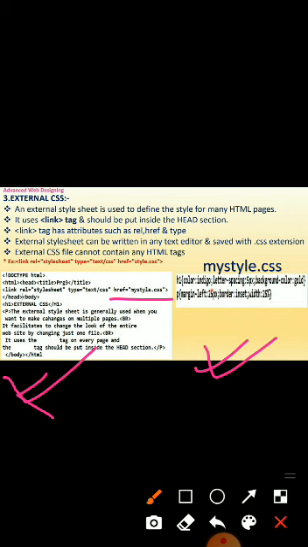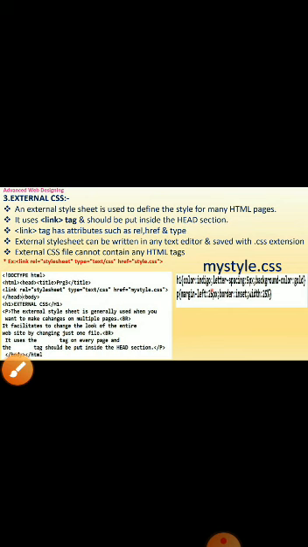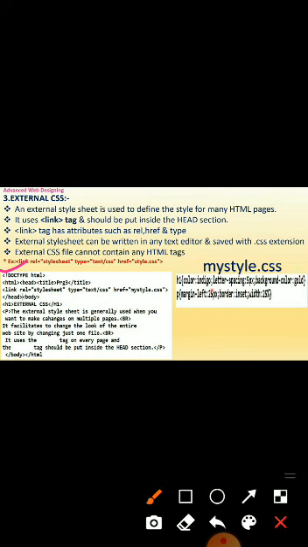Now let's see the program of the external style sheet. First, angle bracket, exclamation mark, DOCTYPE html, close angle bracket. Next, the opening html tag. Next, the opening head tag. Next, the opening title tag. Here I give the title of the program, close title.